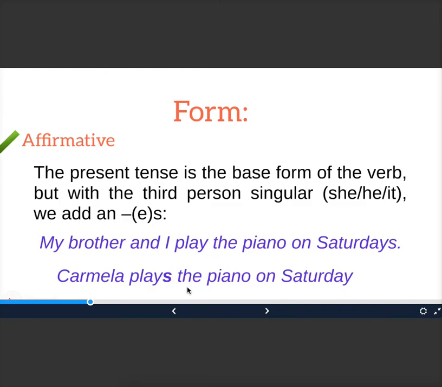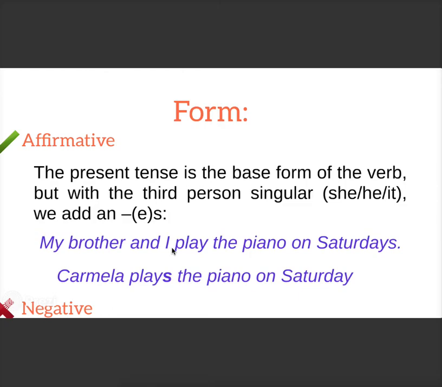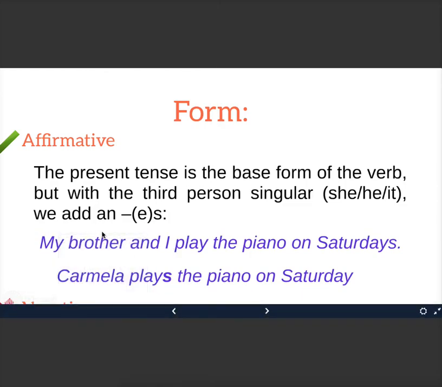Carmela plays the piano on Saturday. Can you see? Miren la diferencia. My brother and I somos dos personas, por lo que el verbo va a ir común y corriente. My brother and I play the piano. That's it. It's over. But when it's just one person, when it's just Carmela, when it's a she, cuando es